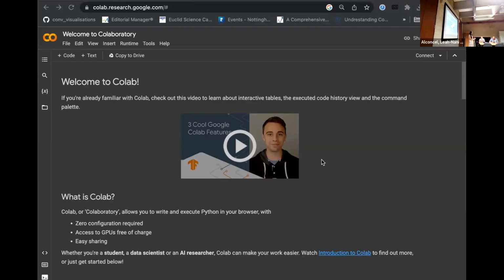In addition to the lectures that we teach in our module, every week we have workshops where the students will have hands-on programming of machine learning algorithms. One of the tools that we use is Google Colab, which is a free resource, and I think it's really helpful in teaching machine learning, especially if the students don't have access to GPUs, graphics processing units, which are definitely needed if you want to train any sort of machine learning model. They also have TPUs free of charge, which is a step up, tensor processing units. In-house at Nottingham we do have several GPUs, but with so many students they get used up quite quickly and students are fighting over them. So it's really great to be able to have